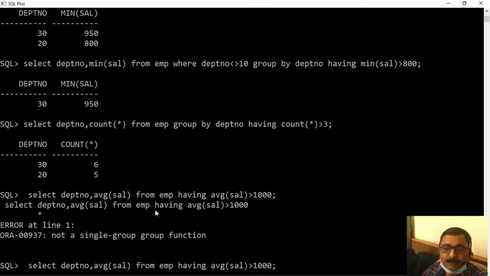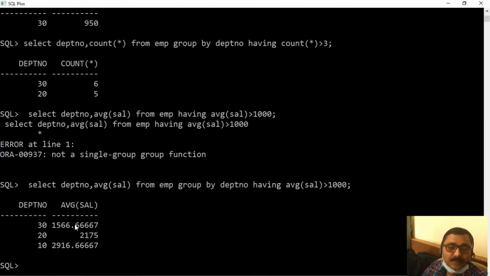Yeah, I missed group by. This shows that if you want to use having, you need to use group by DEPT number. See, you are getting all records where average salary is greater than 1000.